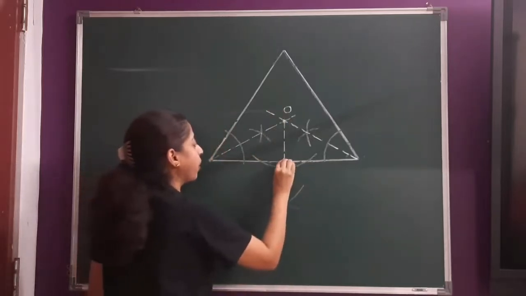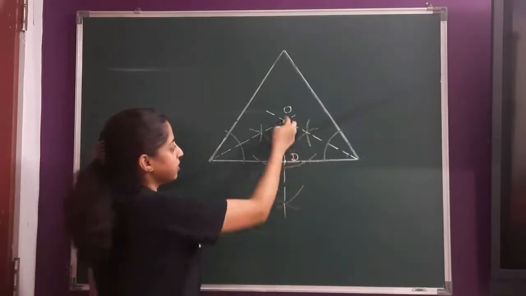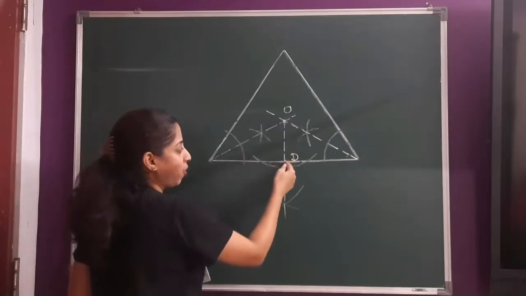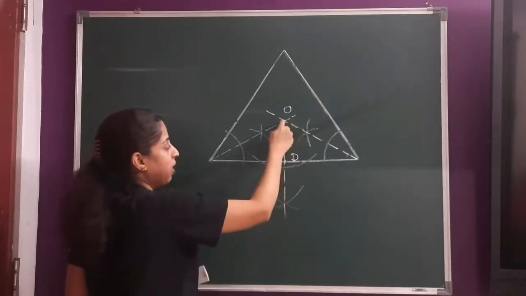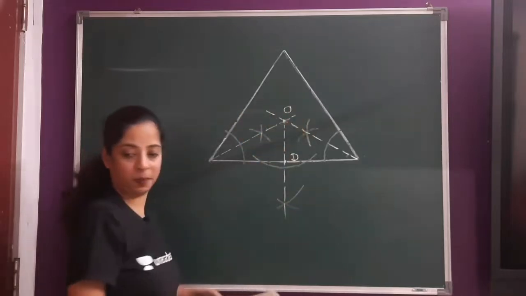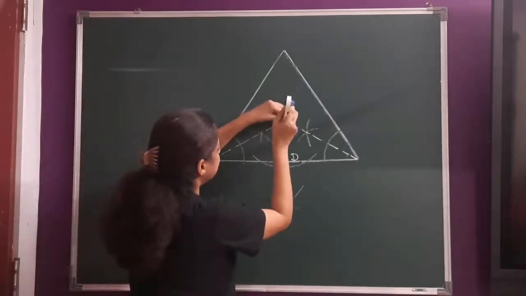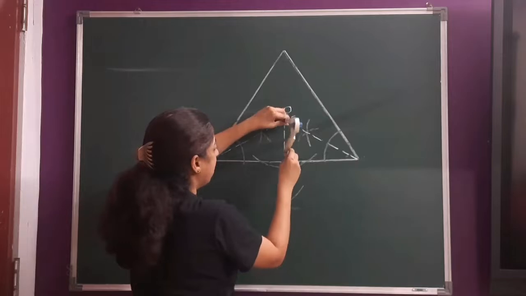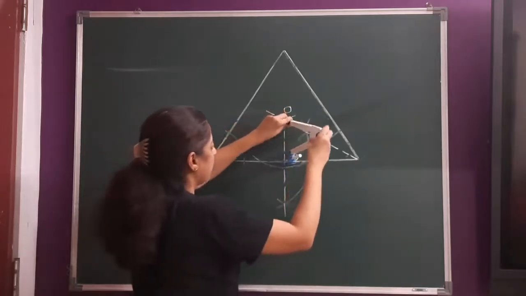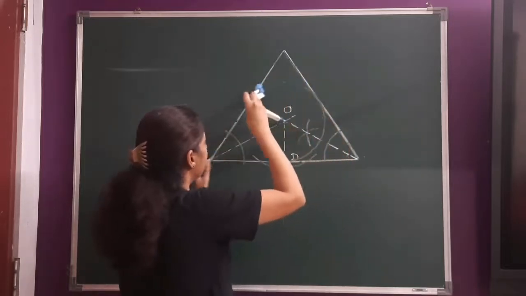Okay, now this is the point D, and OD is my radius. Okay, because this is now the perpendicular distance. So this perpendicular distance of the center from this side is OD. If I draw a perpendicular, this will be equal and this perpendicular will also be equal. So now let's take this center O and this is now our radius. Now try to draw the circle. So easily the circle is made.